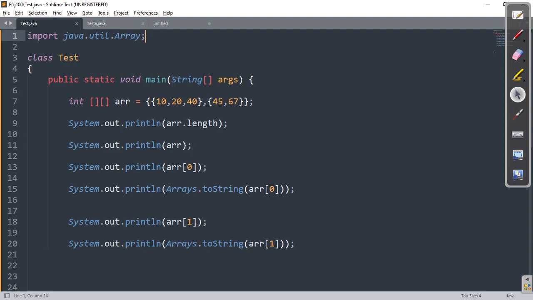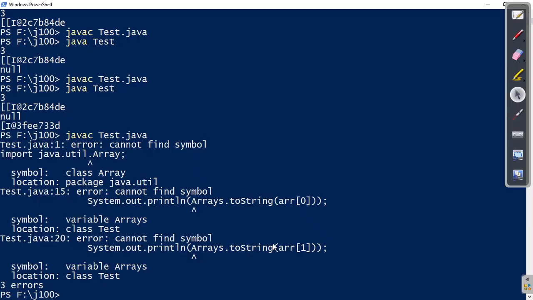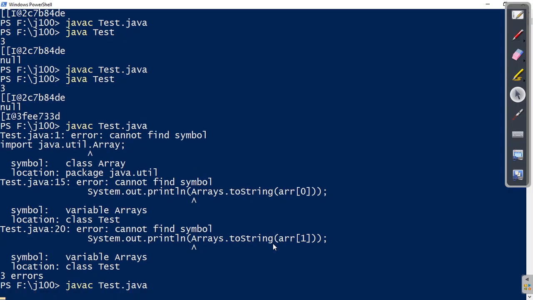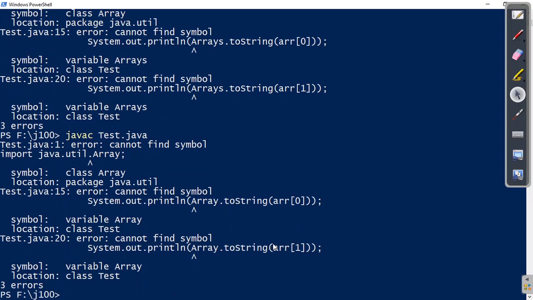Java import java.util.Arrays. Hold on. Sorry. The code should compile. Fine, I think there is some mistake. Let me cross check.